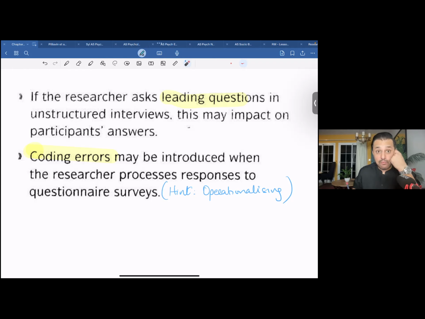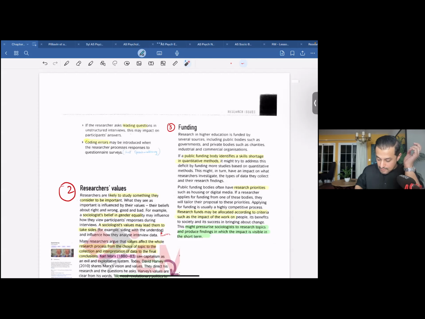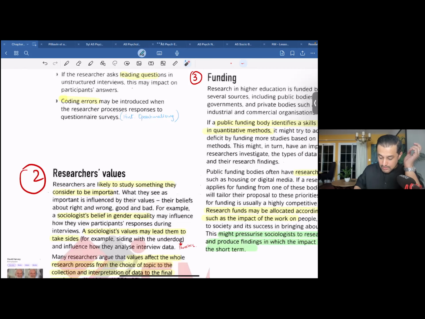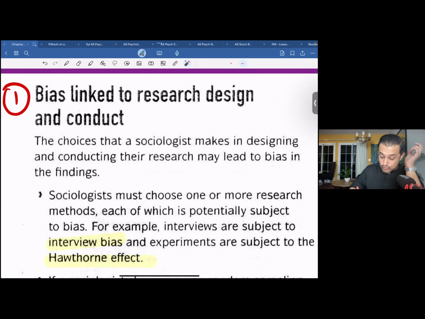You need to come up with a precise definition of what you think being religious is, and then you need to try, to the best of your capacity, to ensure that the participants even know what you mean by a particular word, or what you mean by a particular phrase, or what you mean by a particular question. So this was about the bias that is linked to the way you design your research and the way you